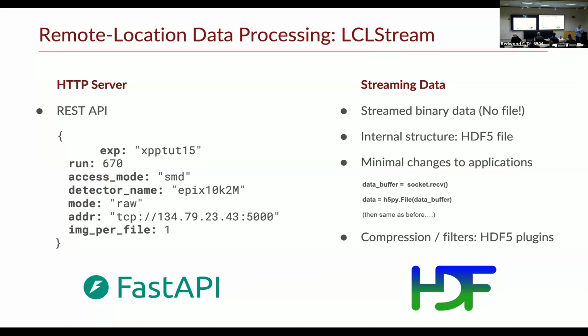The reason for choosing HDF5 is that users are very familiar with it. And so it's usually just a very small modification of code that can read the files, to get the data instead from the socket and read it. And also we could use all the compression and all the different filters that are available for HDF5 files because they work the same when you create the file in memory. And that's what we did. We're not tied to HDF5 files, so the LCLStreamer is pluggable, but this is what we chose, let's say, as the default.